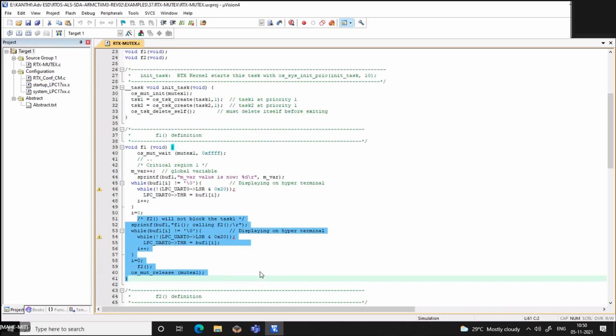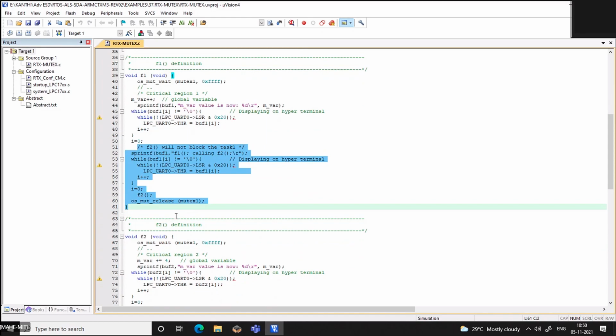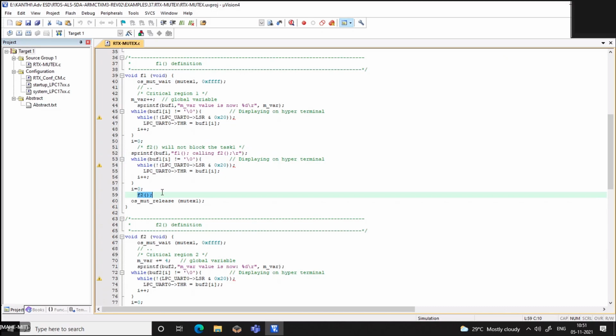Correct. But in F1 itself, we have not yet released the mutex. Correct, that's what I'm calling F2. You call this function, but this is not released. So my question is, wouldn't it hang?